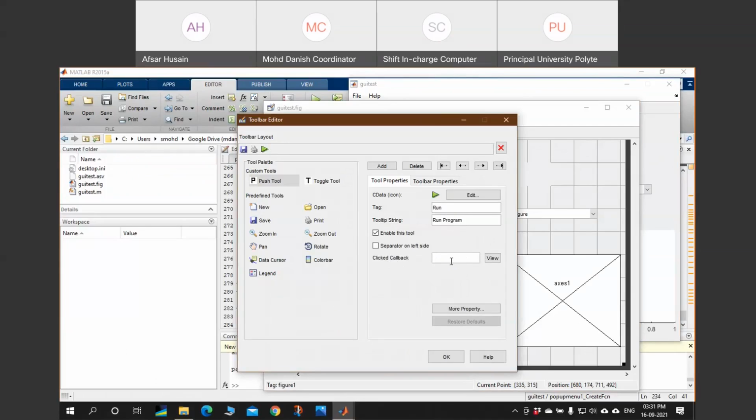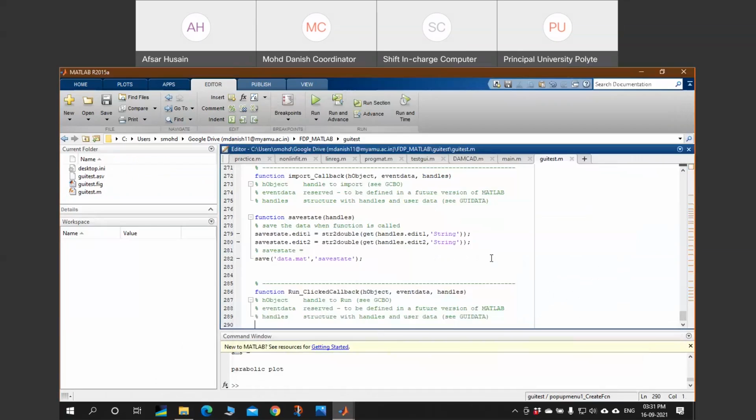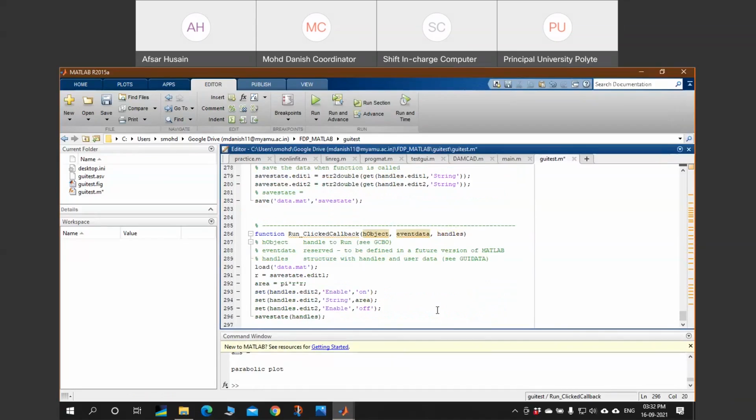In order to create a callback function, I should click here, view. When I click view, it will come to the run callback. Now this function is created and I will paste all the commands.